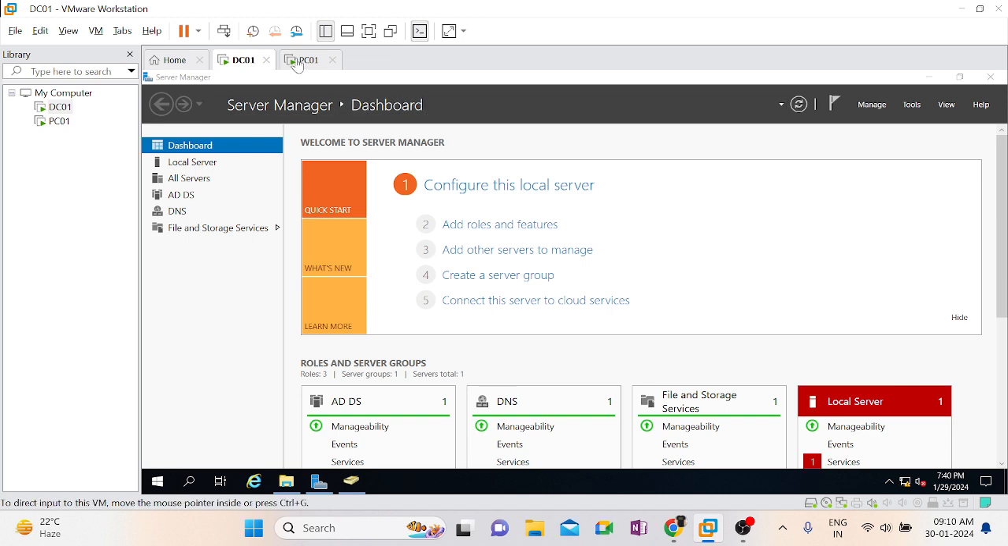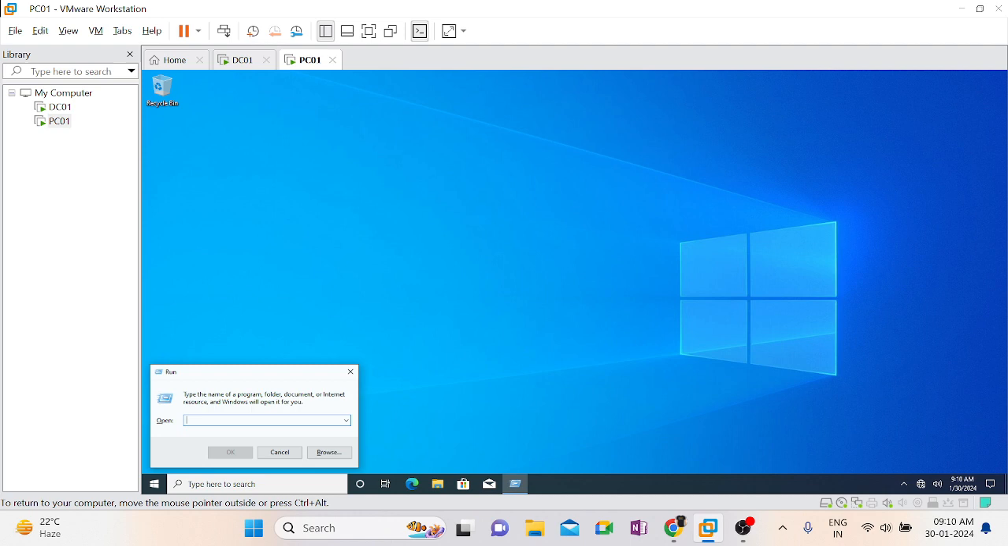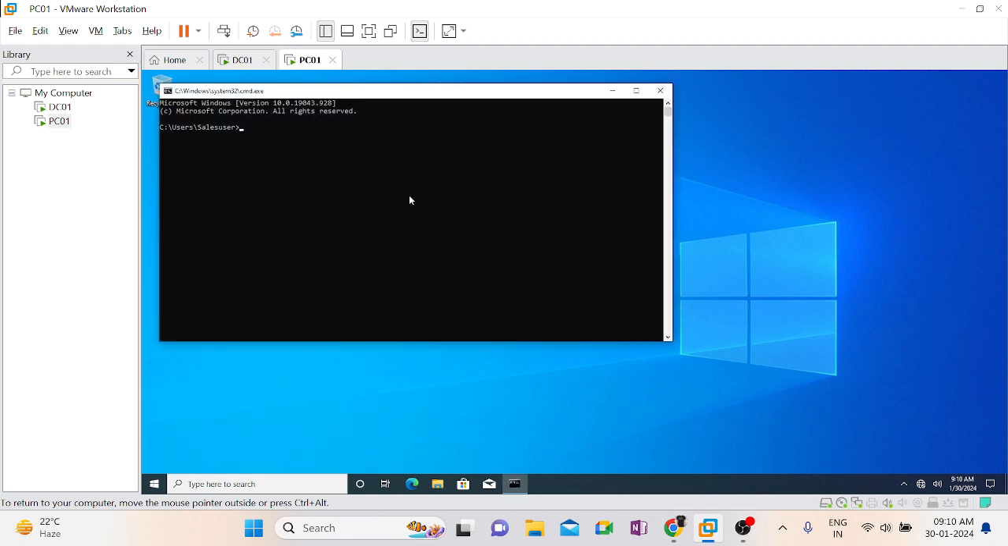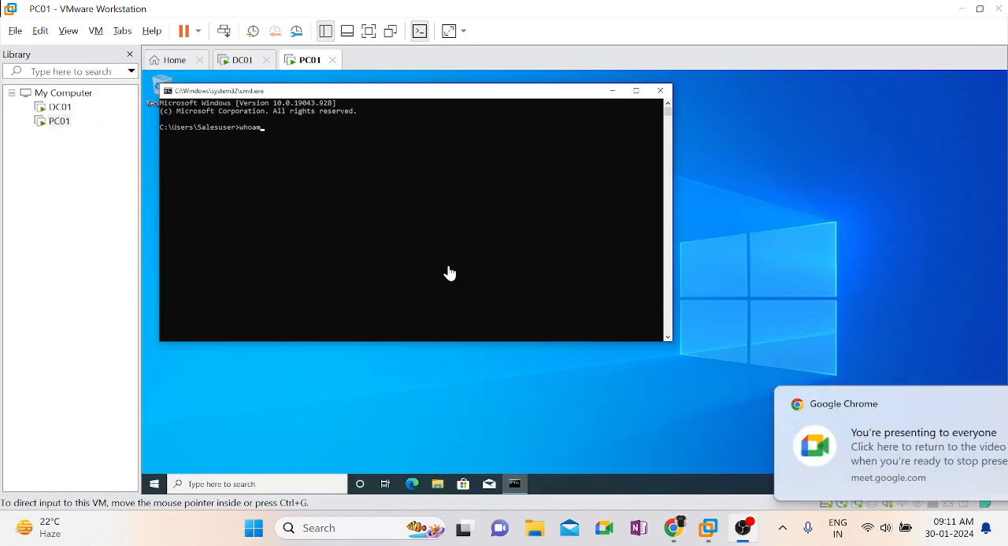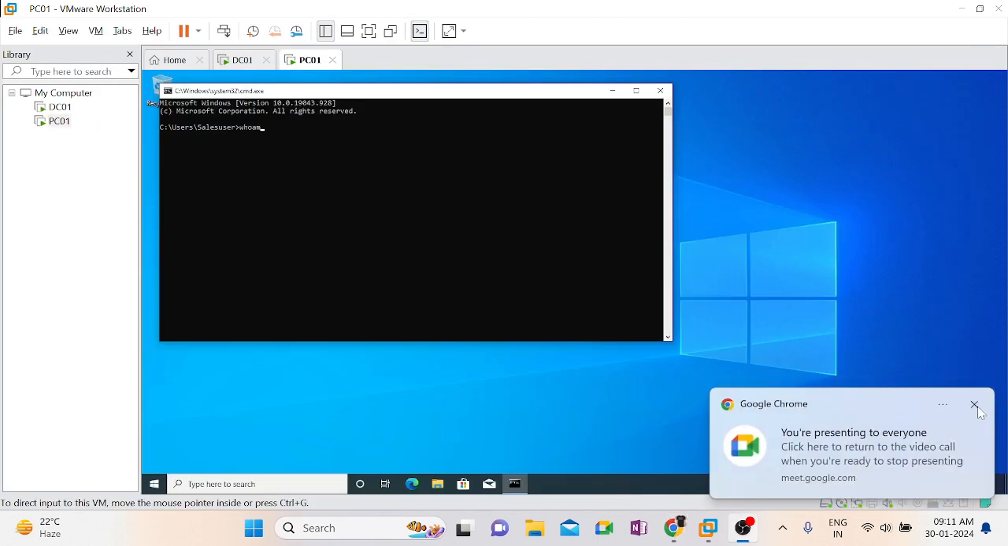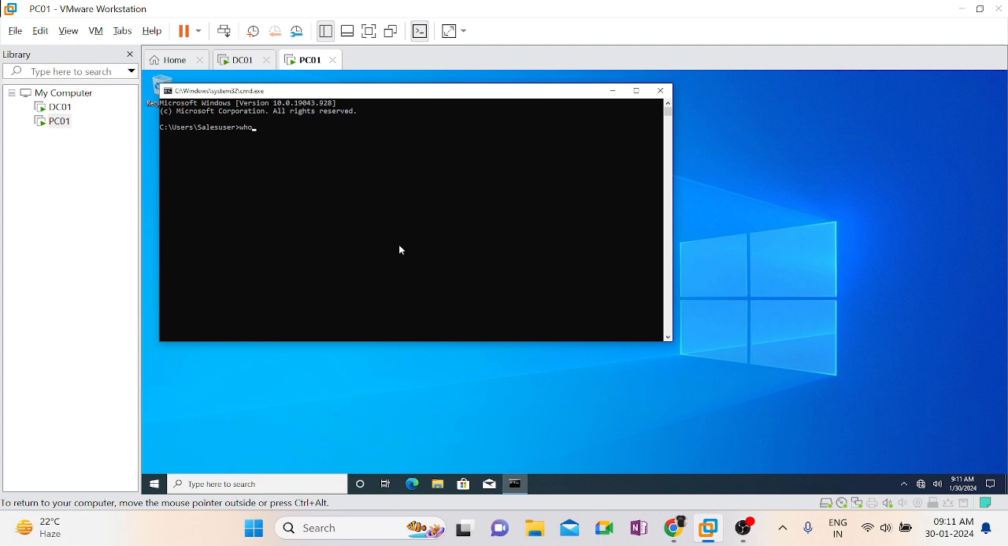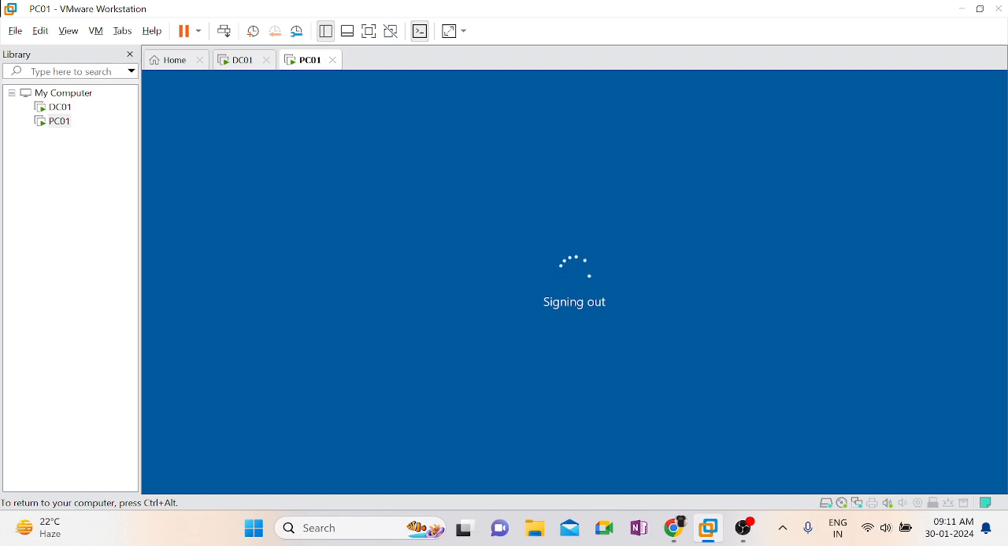Correct? Now let me try CMD and I will see who is this. Okay, who am I? One second, guys. Okay, so now I'm just checking who am I. It says Google/sales user, but I wanted to log in as an admin user. Correct? Now let me log off here and try to log in as admin users,